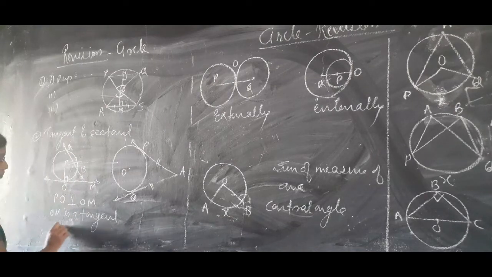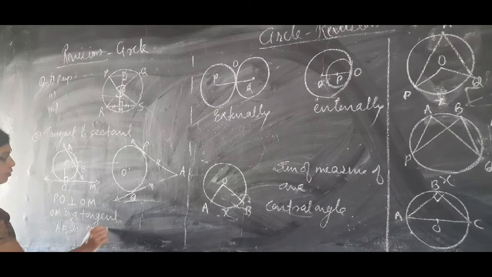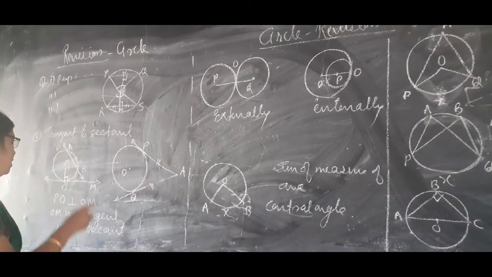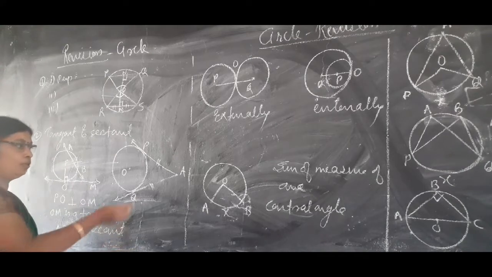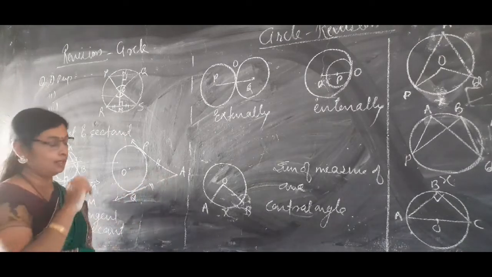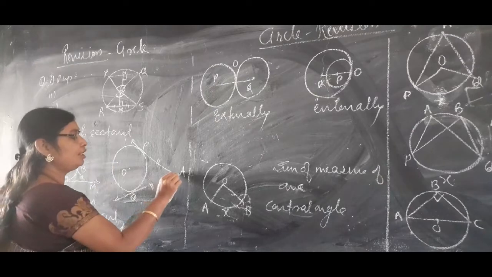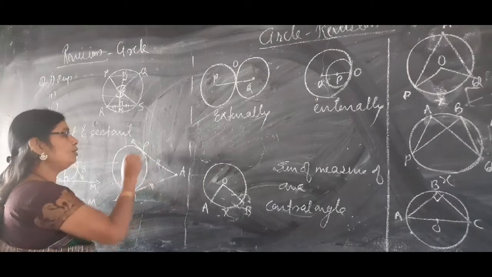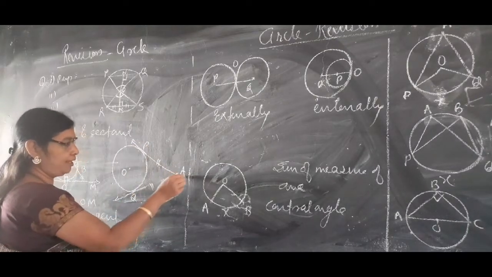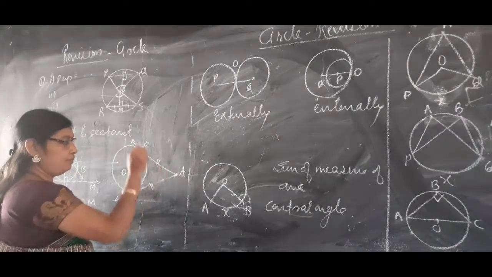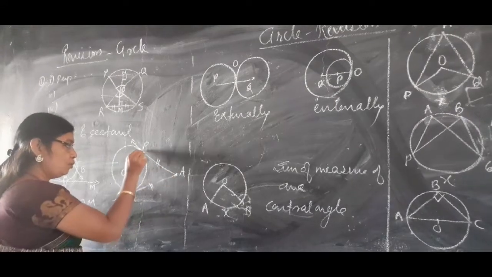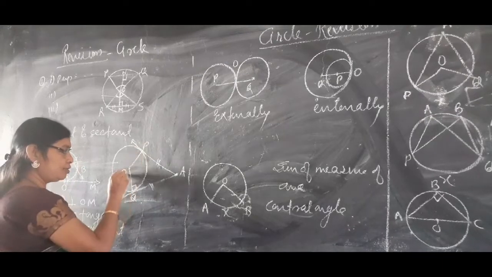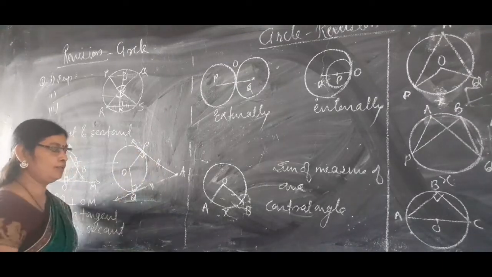Now, AB is a secant. What is meant by secant? A line which touches the circle in how many points? 2 points. It is called a secant. Now, what is the second property of tangent? Tangents drawn from an external point are congruent. AP and AQ are the tangents drawn from the external point A. Therefore, length AP is equal to length AQ. Now, if we join this, it is the radius, it is also a radius. So, this angle is 90.